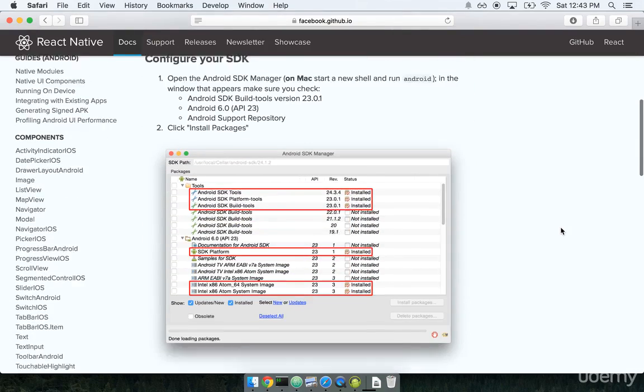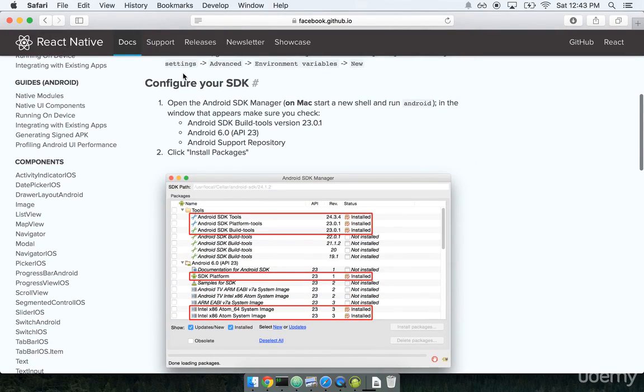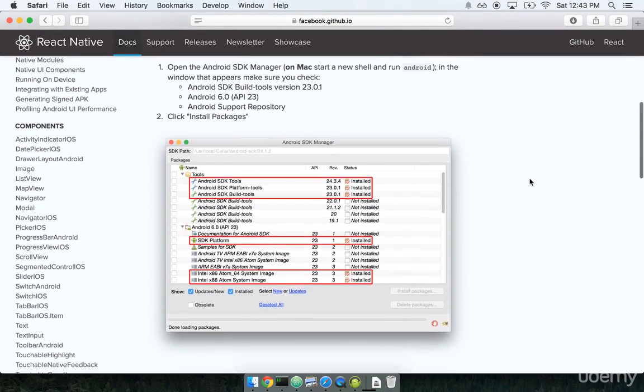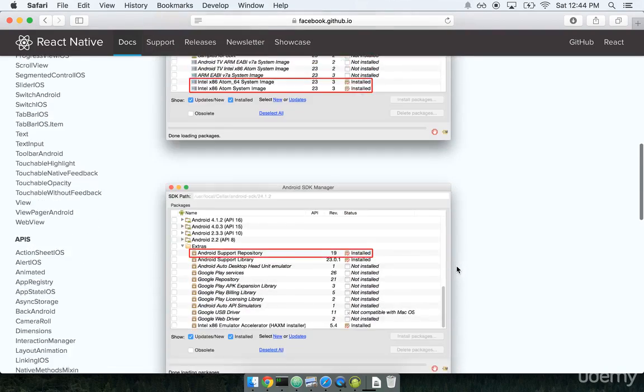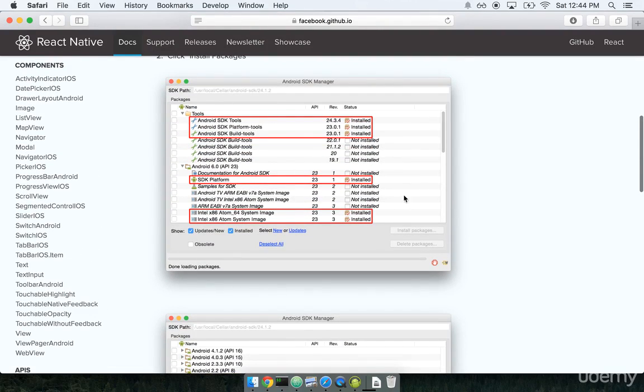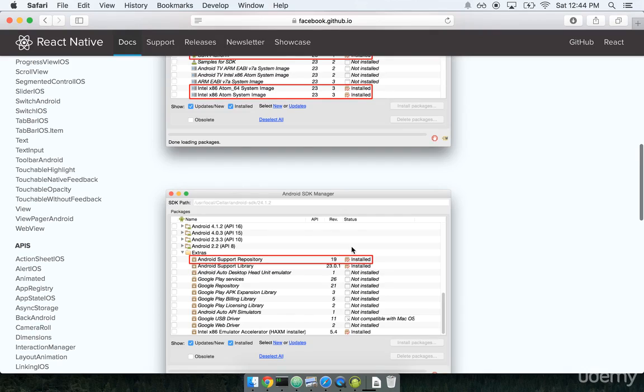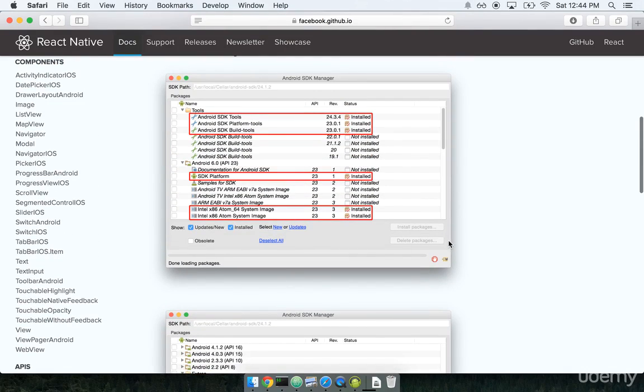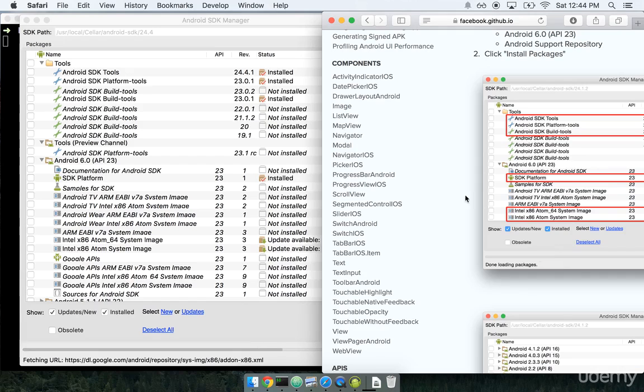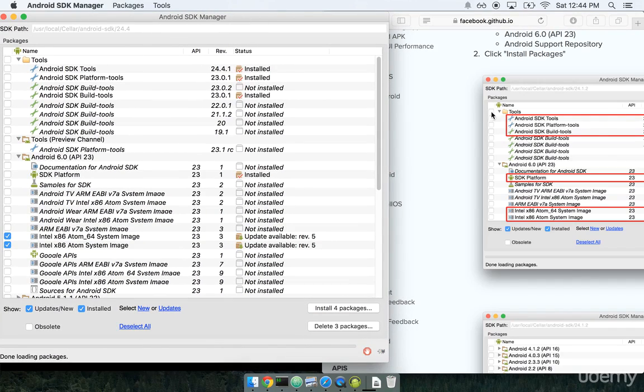The dependencies that we need to install are in the official React Native Android setup documentation, and you can see they very specifically highlight the ones that need to be installed here. And there's 2 screens worth. There's not just the screen up here on top, there's also some down here at the bottom as well. So let's go through the process here. On one hand of the screen, I'm going to put the screenshot, and on the other hand, I've got my